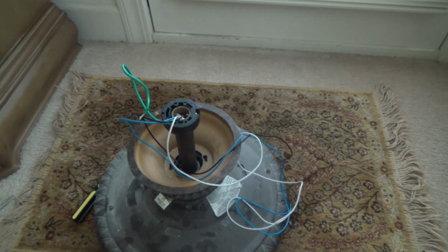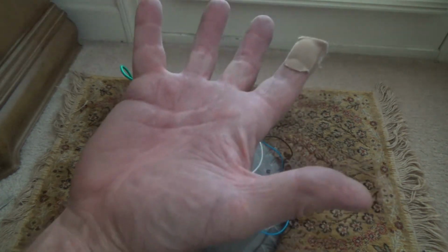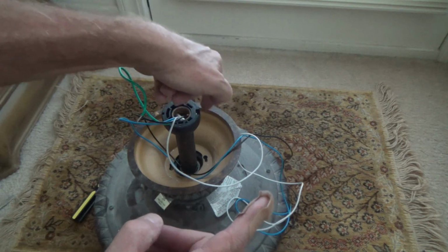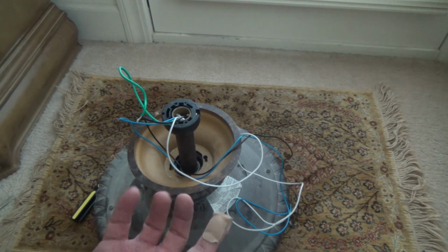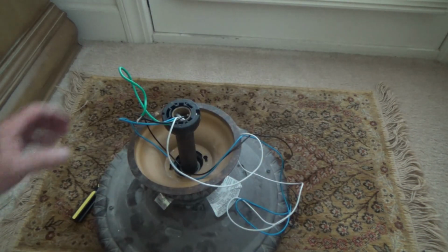Sorry about the phone, but anyways, then it sucks the air up, right up to the ceiling, and then it takes it at the ceiling and blows it sideways to your walls, and then from your wall down. So it takes all the hot air way up high and blows it back down into your room. Can you believe that? And then in the summer, you have the blades turning the opposite direction, and then that throws your air straight down. Okay,